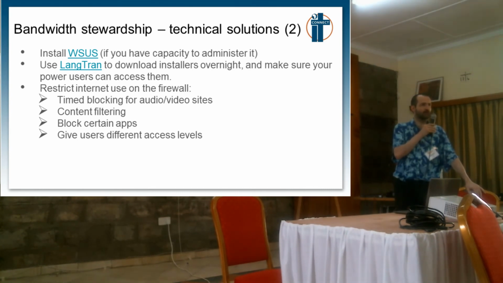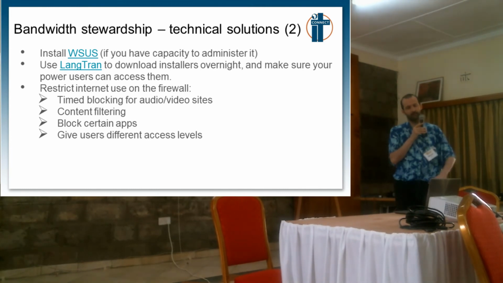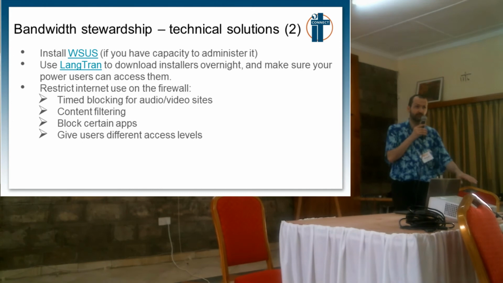I'd like to make a comment related to that. I was doing some emailing a couple of days ago about an issue with a firewall in DR Congo in Isiro, and the question was whether, because the Zywall, no, let me back up. IPCOP and IPFire have got, sorry? Yeah, IPFire has got the capability to cache Windows updates. There's an add-on that you can put there which will cache automatically any Windows and Microsoft updates. And the question was, now that Zywall cannot do that, but Zywall is considered to be more stable and is our recommended firewall, is there any way that you can still benefit from IPFire's caching of Windows updates